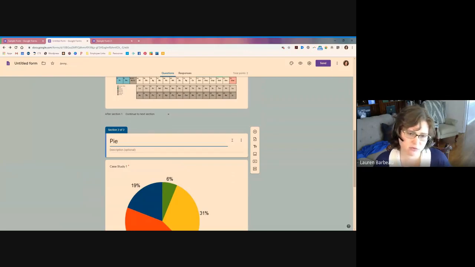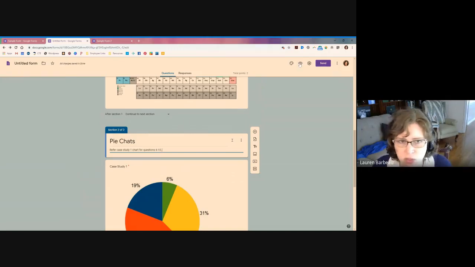This is the part of the exam that's about pie charts. And I can tell them refer to. So I can put some instructions at the top of that. Now, what is this going to do? When I hit view,